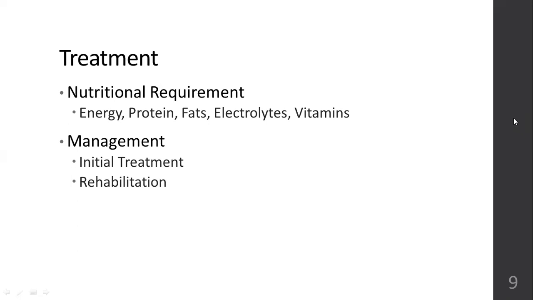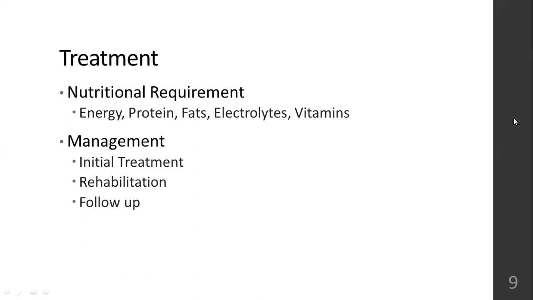Improving the child's appetite is important. Keeping the child alert is important. Teaching the child to ask for more food whenever the child is feeling hungry. Teaching the parents what feeds to be given, at what intervals, what kind of food has to be given, and what strategies the parents can use so that even in small quantity, high-density, nutritionally dense food can be given. These things are taught to the parents.